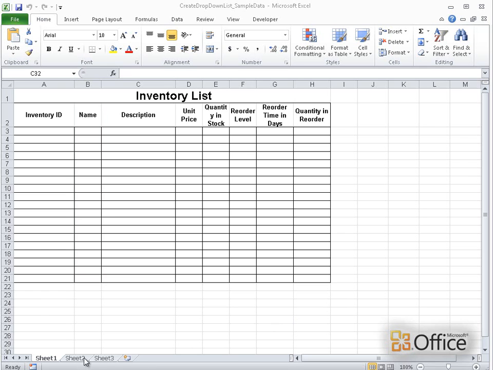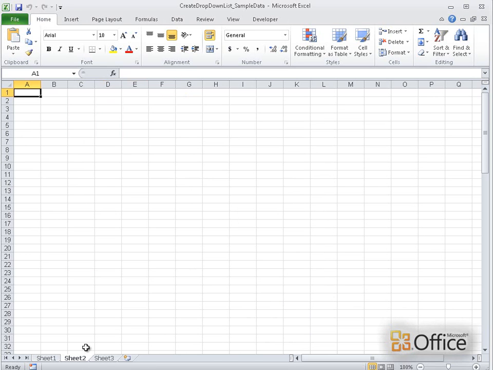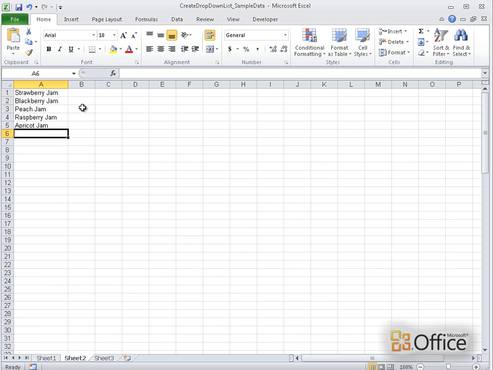First, I'll go to a new worksheet and type the product names that I want to appear in my drop-down list. The list items need to be together in a column with no blank cells. I'm also going to name this range, which will make it easier when I create my drop-down list. I'll be sure to press Enter after I type the name in the name box so that it actually gets